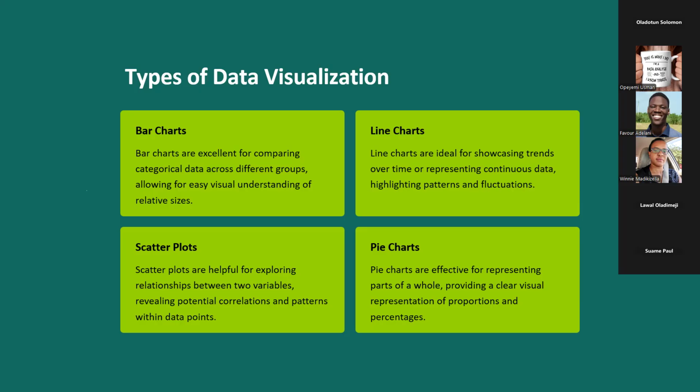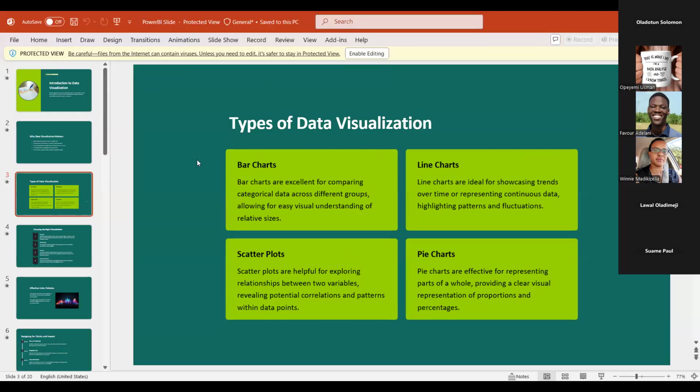So in data visualization, there are various visual types, but the four main ones that I'll be describing here, as you can see on the screen, are bar charts, line charts, pie charts, and scatter plots. Some of us must have already explored other chart types like maps, ribbon charts, cards, and tables. So when we get into Power BI proper, I'd also be establishing the facts about these visual types. I hope we're still clear on that.